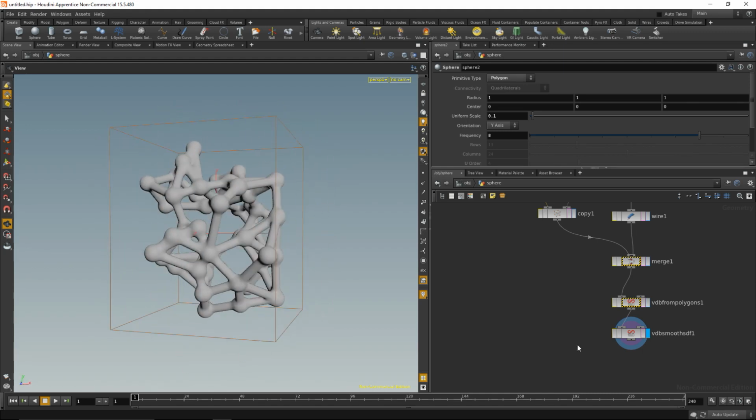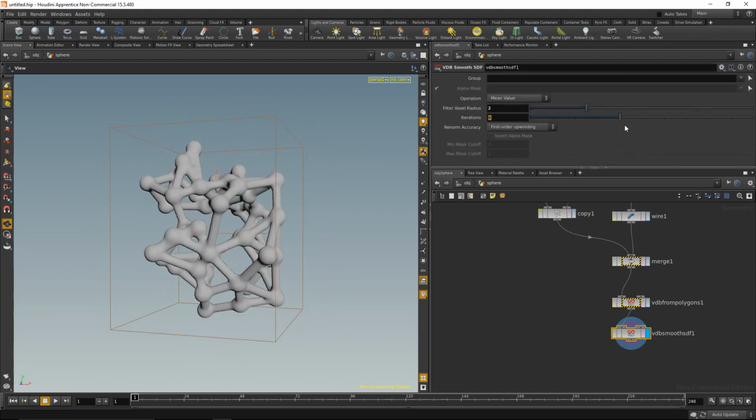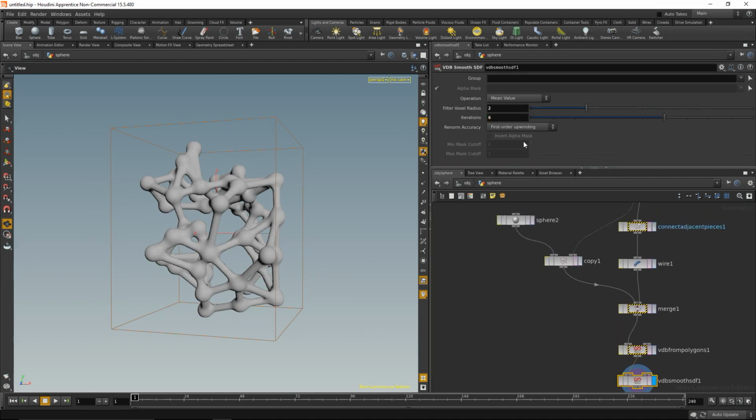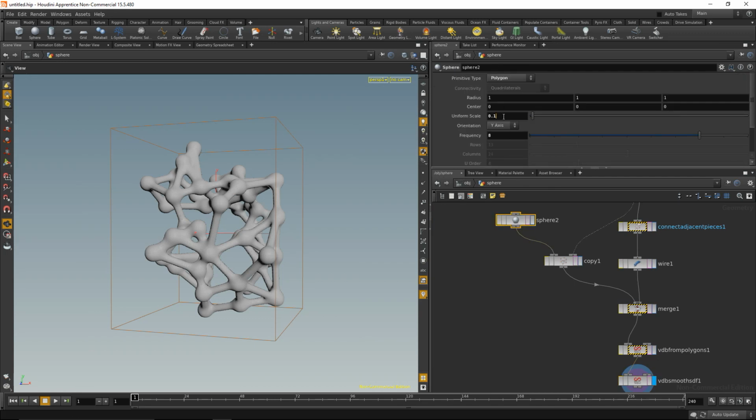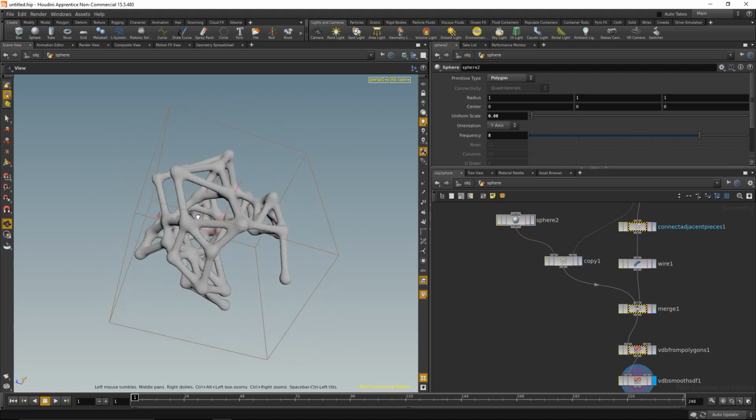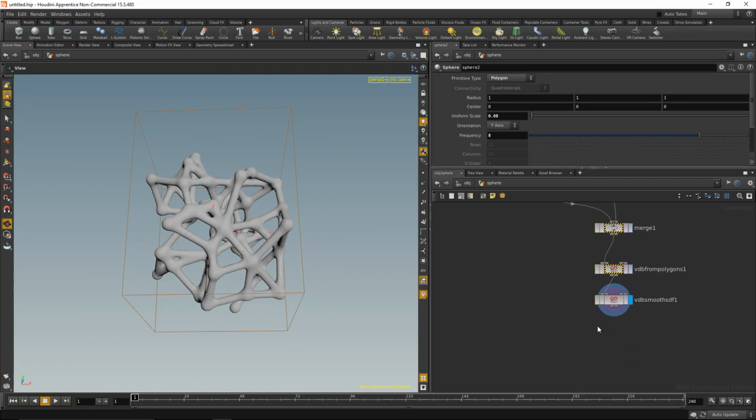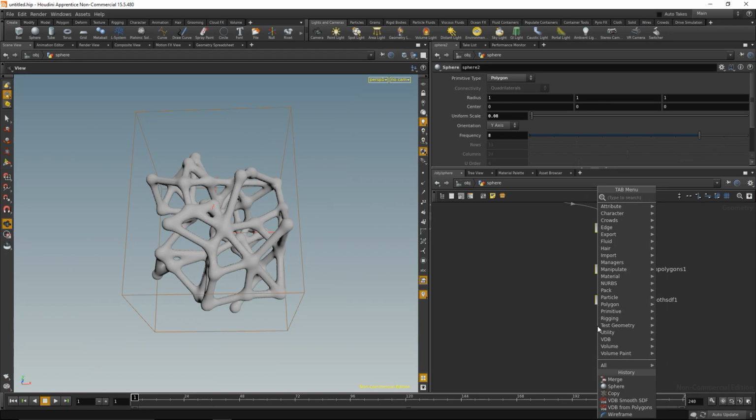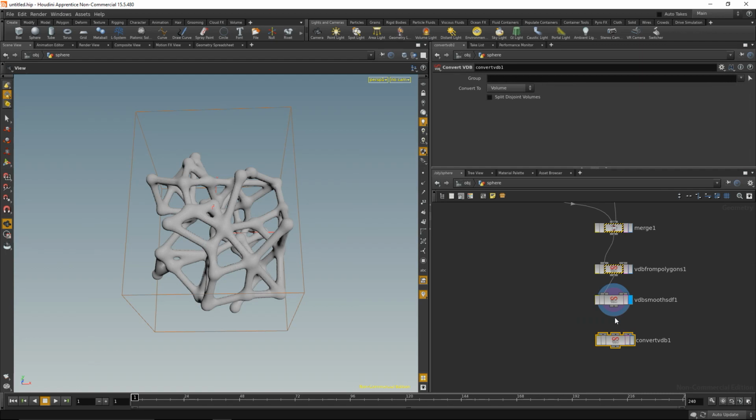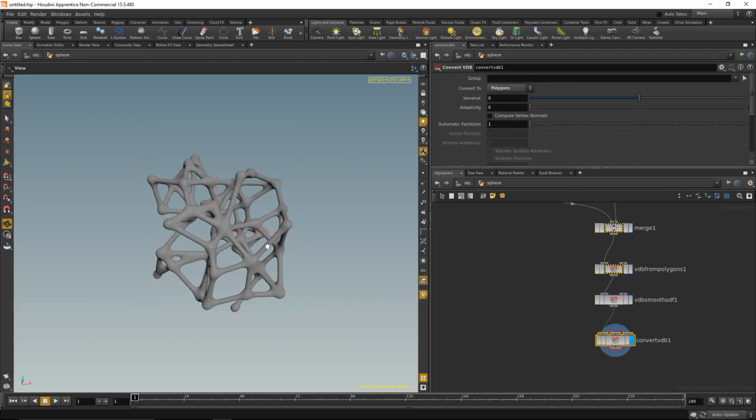So this is the base shape. We could increase the smoothing iterations a bit and also maybe decrease the sphere radius still a bit, something like that. Exactly. So this is our base geometry that we're going to work with. Next thing I'm going to do is convert that VDB back to polygons. With the convert VDB sop here, wire it up, set it up to polygons, and what that will give us